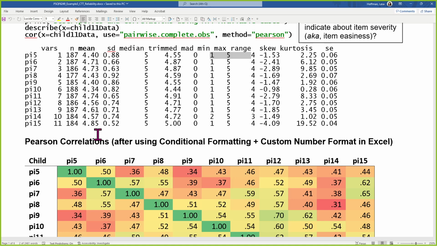Everyone's doing the picture in their head. Negative skewed. Yeah, or you could just look at the skew column and see that they're all negative. There's a pile at the end of 4s and 5s, and very few responses on the lower end. So all the